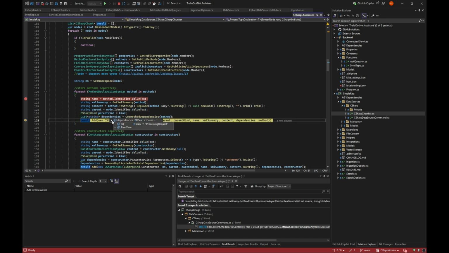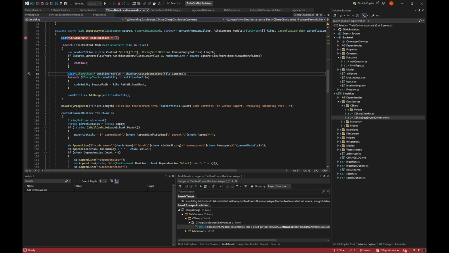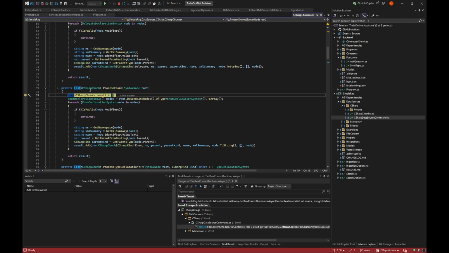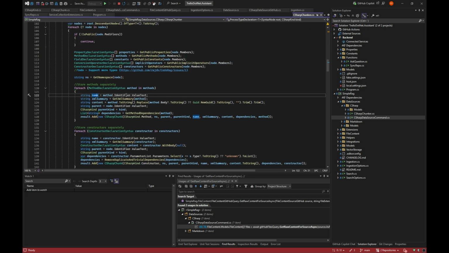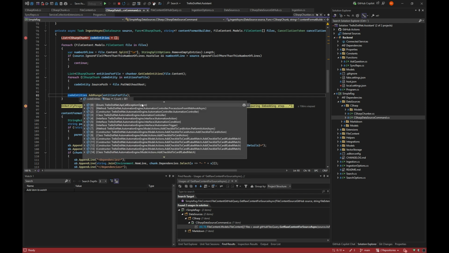We get dependencies. So for example, what kind of parameters are needed, what is the return value, and so on. And in the end, after all this, we end up with the various code entities. So I will just set a breakpoint here and let it get through the 300 different files and get rid of these breakpoints. So the code entities are now made. There are 881 of them, some of them are enums, some of them methods, some of them constructors, and so on.